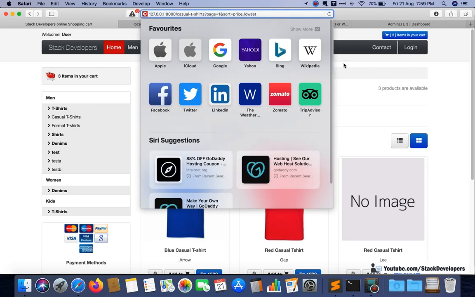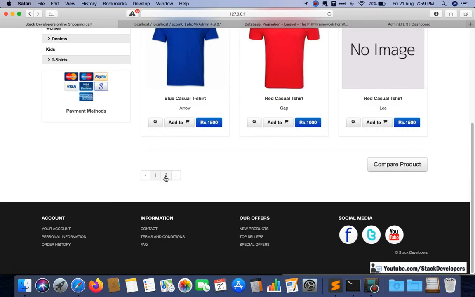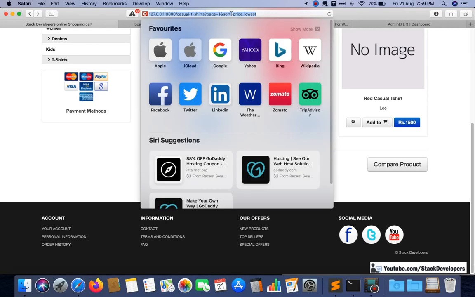Okay, for the sort filter, if I go to the second page, I want to carry this sort to the second page as well, and to every page.